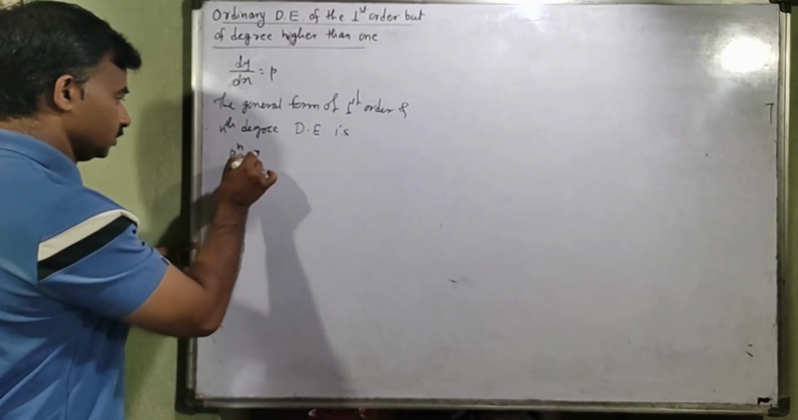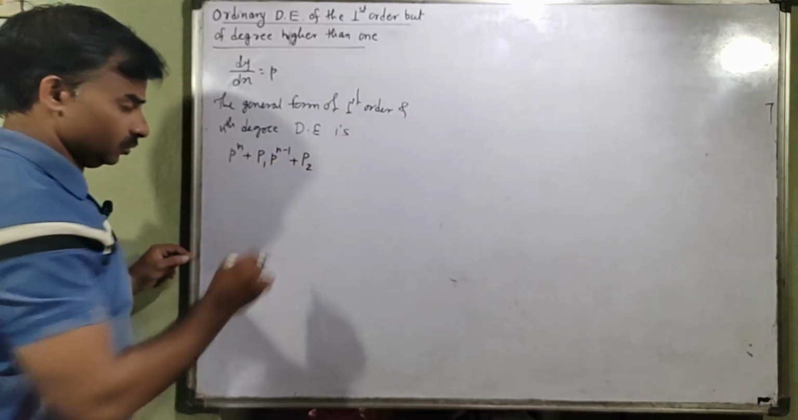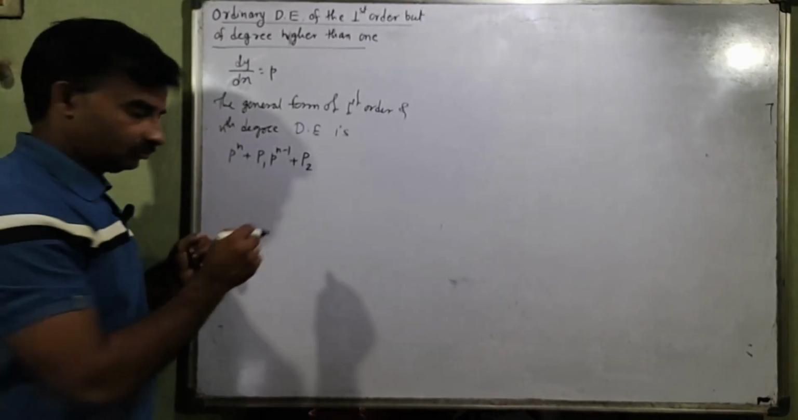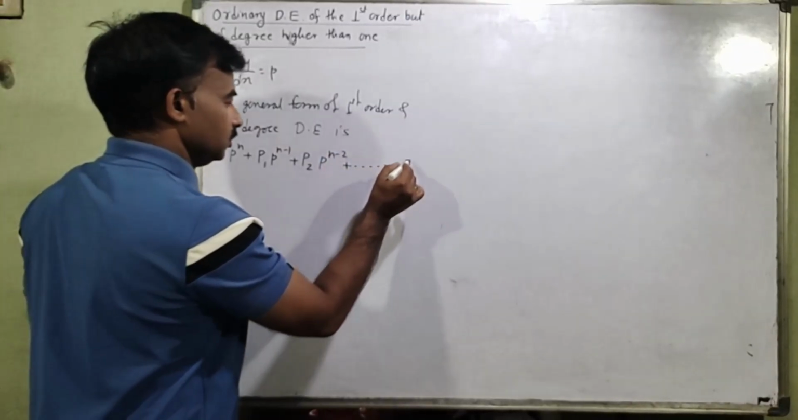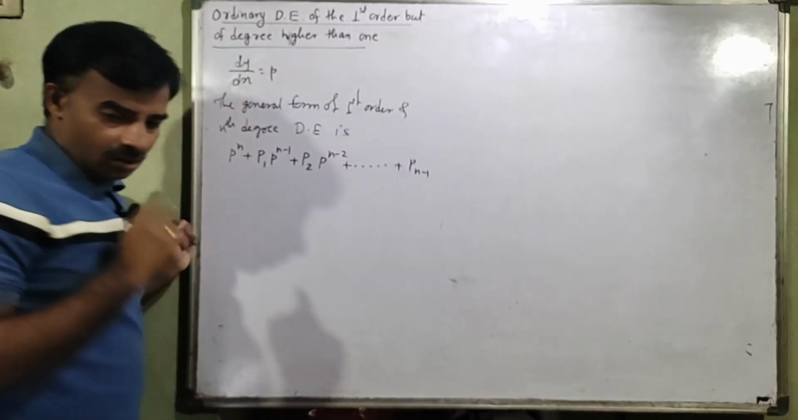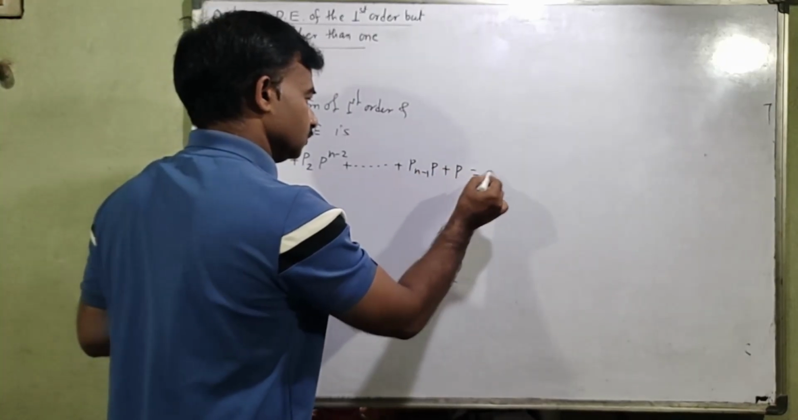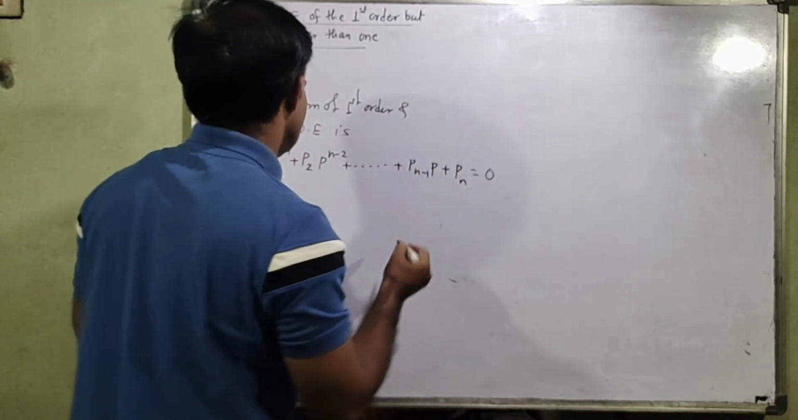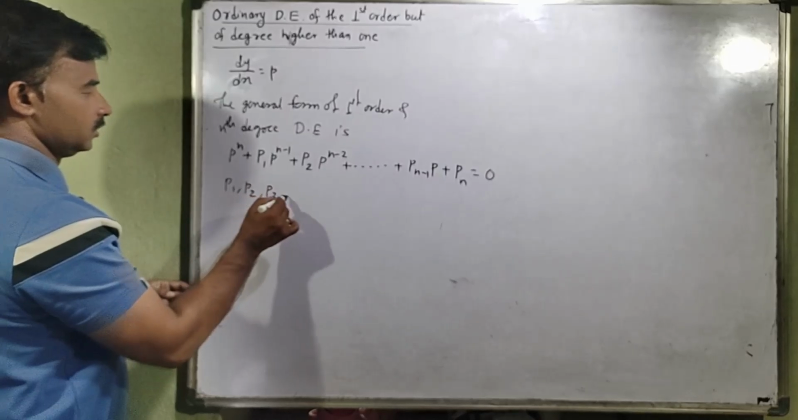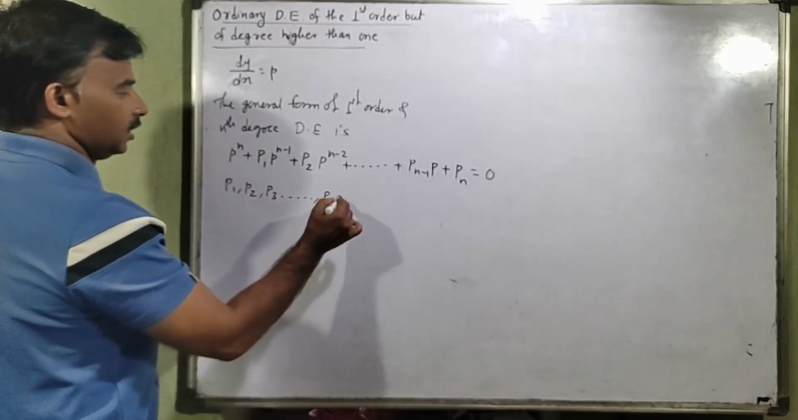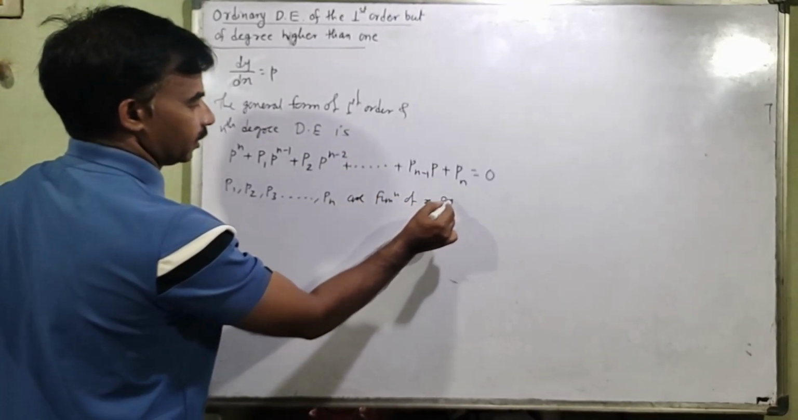p raised to n plus p1 p raised to n minus 1 plus p2 p raised to n minus 2 plus and so on up to pn minus 1 into p plus pn is equal to 0. Here p1, p2, p3 and so on up to pn are functions of x and y,